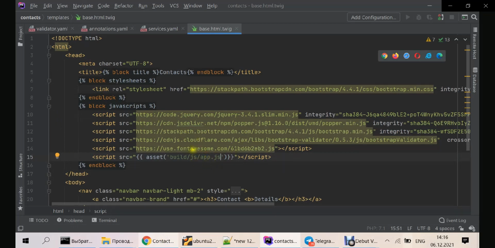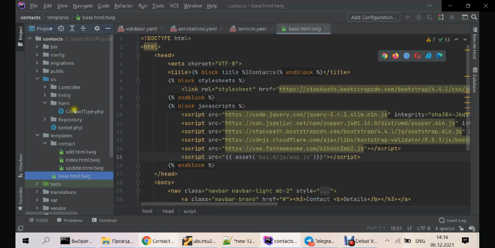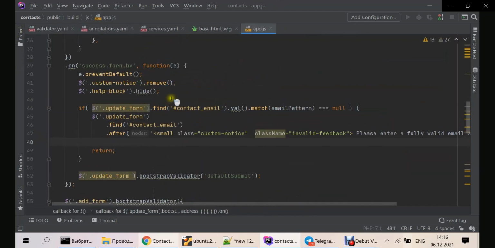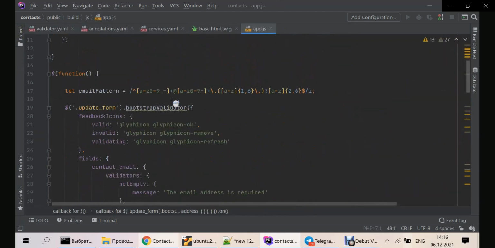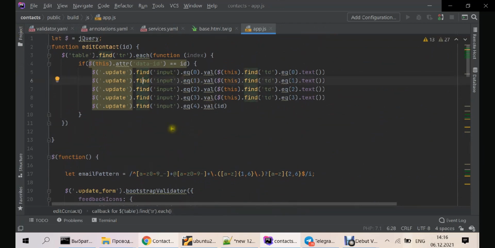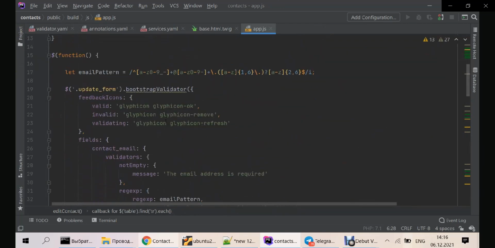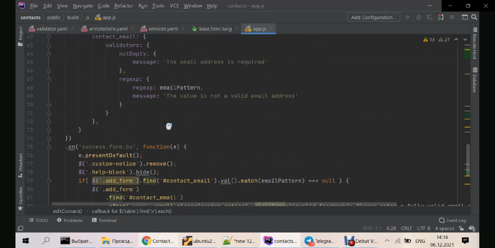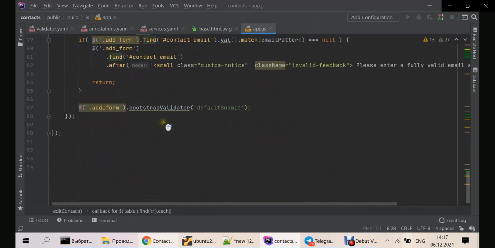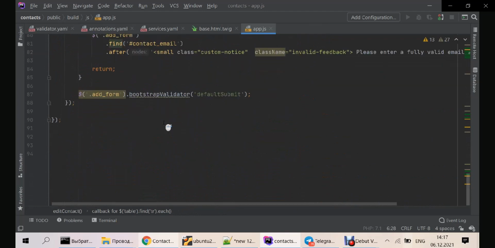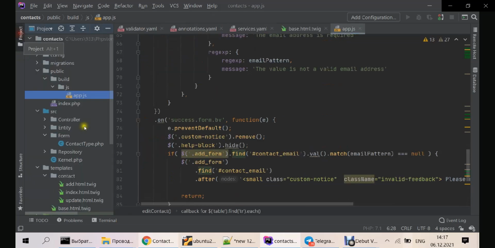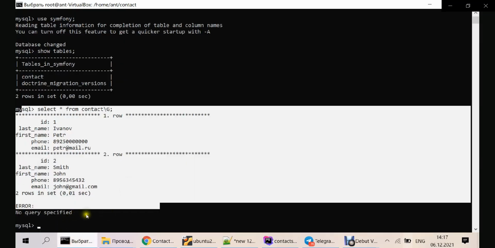All the necessary logic in JavaScript, in particular using jQuery, is written in the file app.js. Here we can see the code of this file. You can see all this code on GitHub, or if you download the application for yourself, you can see it in your IDE. Some more important points